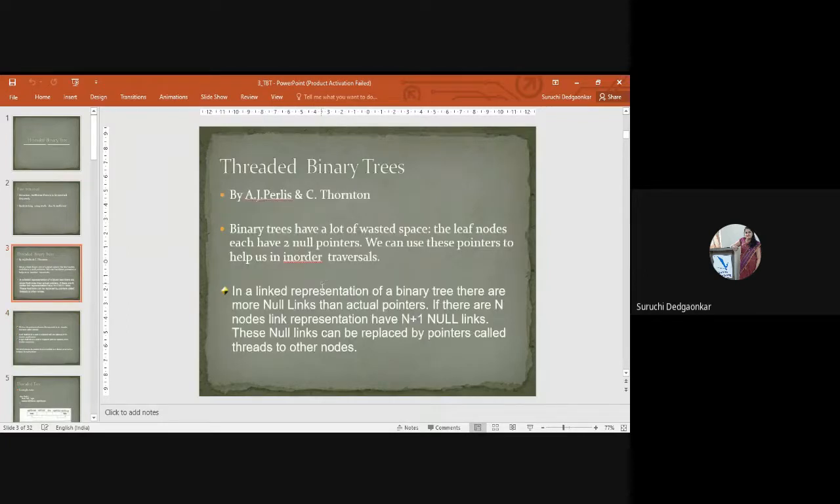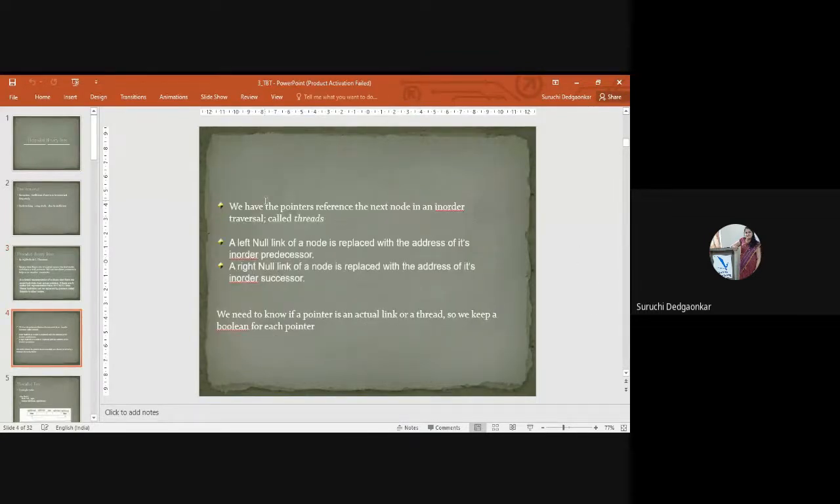Okay, so what are these threads? These will be the same null pointers which will be utilized to point the in-order successor. Okay, so as the in-order successor will be pointed by the thread, no need of stack to store the parent, because we can use that thread to traverse the next node in the traversal. Okay, using thread, a left null link of a node is replaced with the address of its in-order predecessor. Okay, if the null is present to